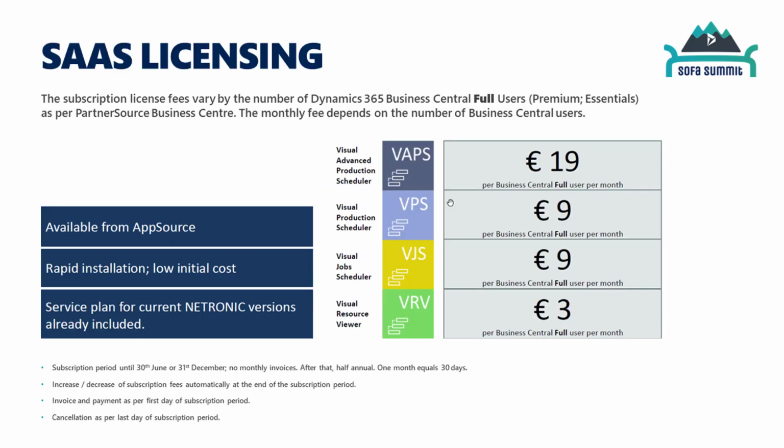If you're on a SaaS license, then it's €19 per full user per month for the VAPS, or 9 for the VPS. They also have a couple of products around jobs and resource scheduling if you do any of that kind of process. So in terms of next steps,